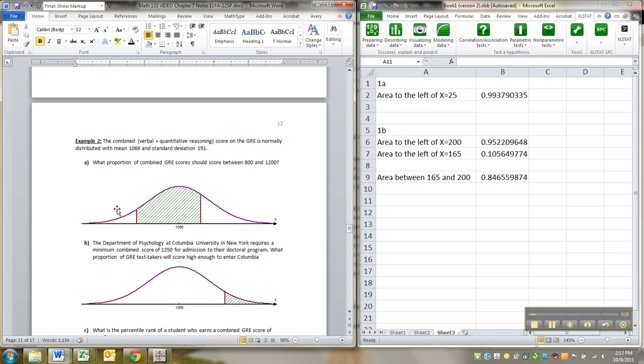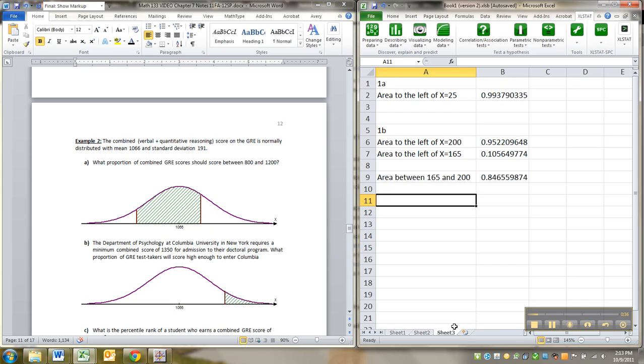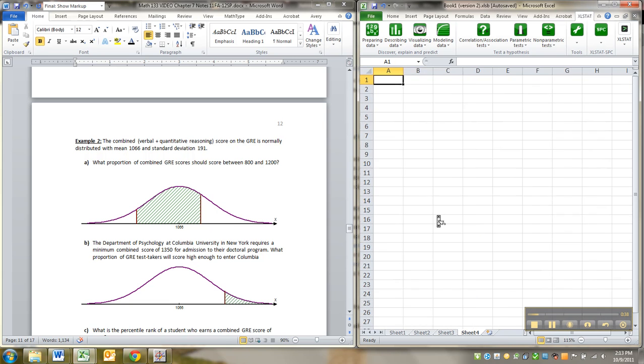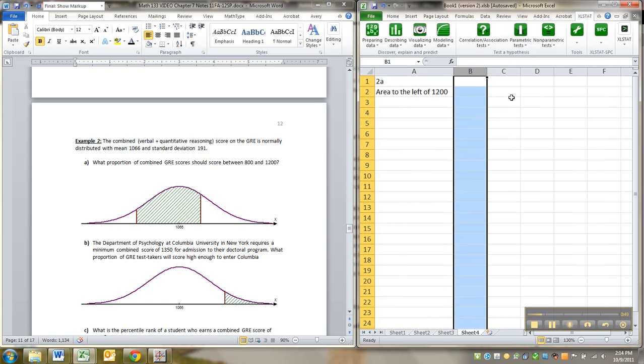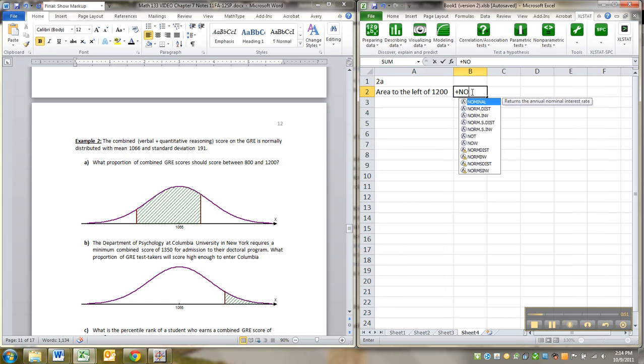Now, I had the normal curve drawn, and now I've shaded in 800s over here, 1200s over here, and I've shaded in between. So now our mission is to find that area. All right, so let's start with the area to the left of 1200. Okay, that would be equal to norm